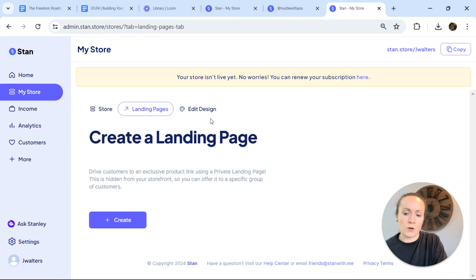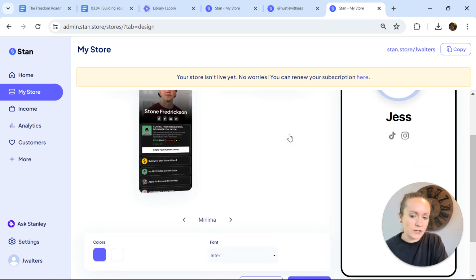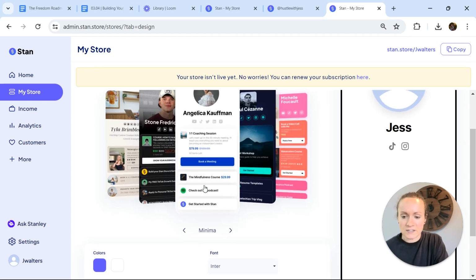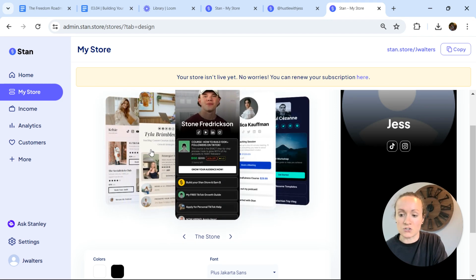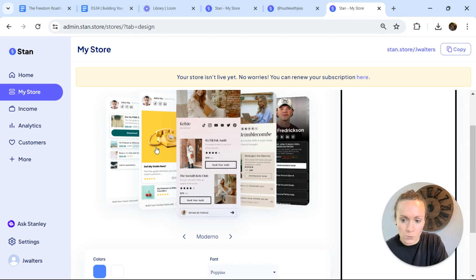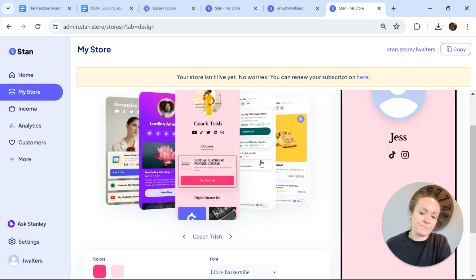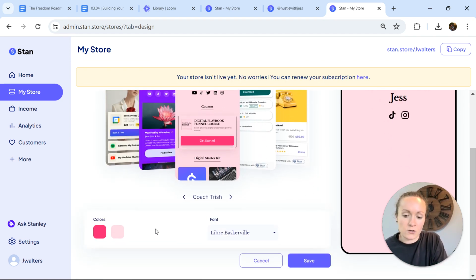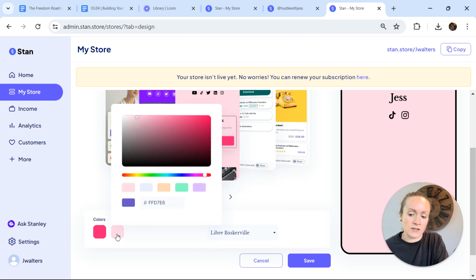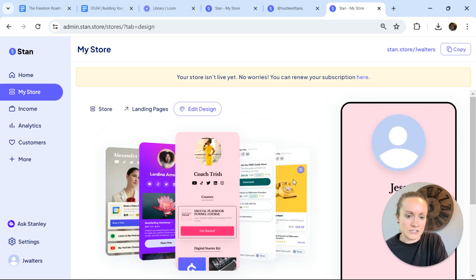Let me show you how to edit your design. They have all these pre-made templates. So all you're going to do is look for something that resonates with you, that you find attractive and appealing, and you can make this into your template. This is actually the one I used to have right here. So we can scroll through and look at them, and then if you decide, let's say, I really decide I want this one, okay? You can go and customize them based on the font. You can change the font around. You can even change these colors if you're not digging the pink,